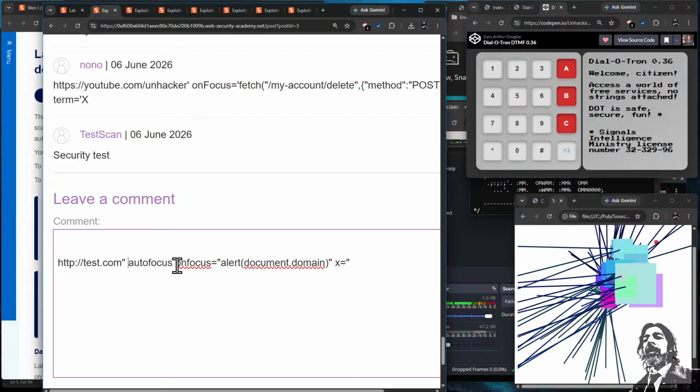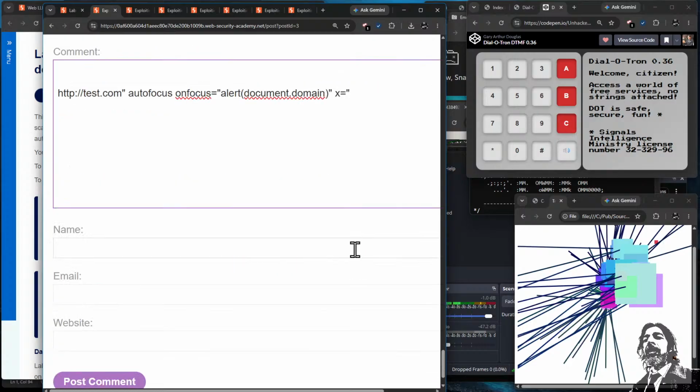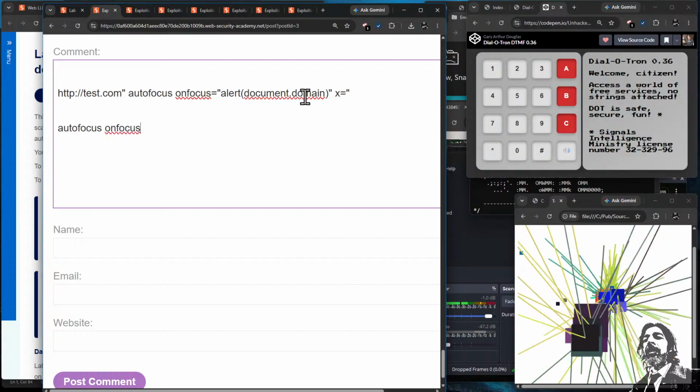So it did break out. Yeah, it broke out like, oh yeah, I don't know how this, so autofocus and then you say onfocus. Oh, you know what? So this is correct. This is exactly the same. The only difference is I was using autofocus and onfocus wrong. All right, so what I should be doing